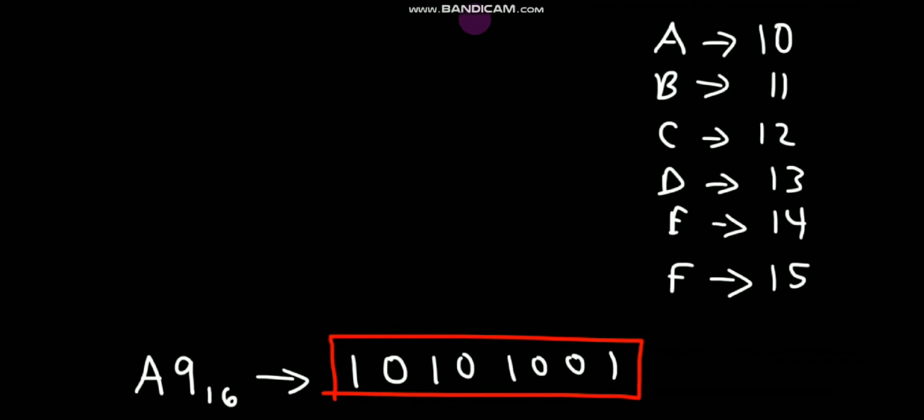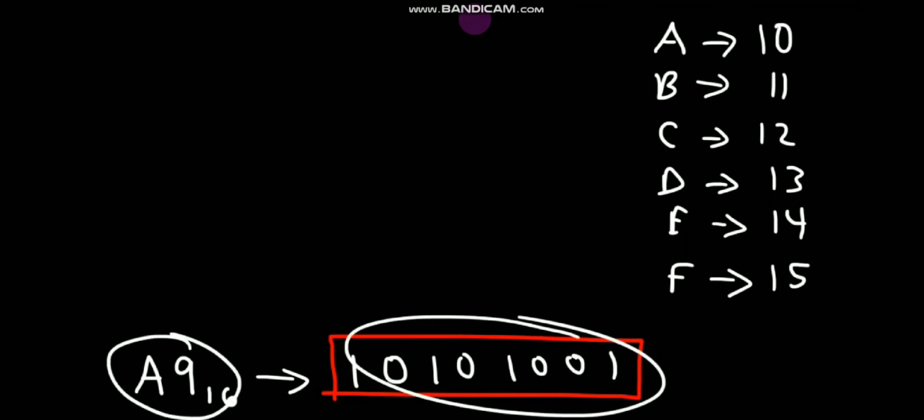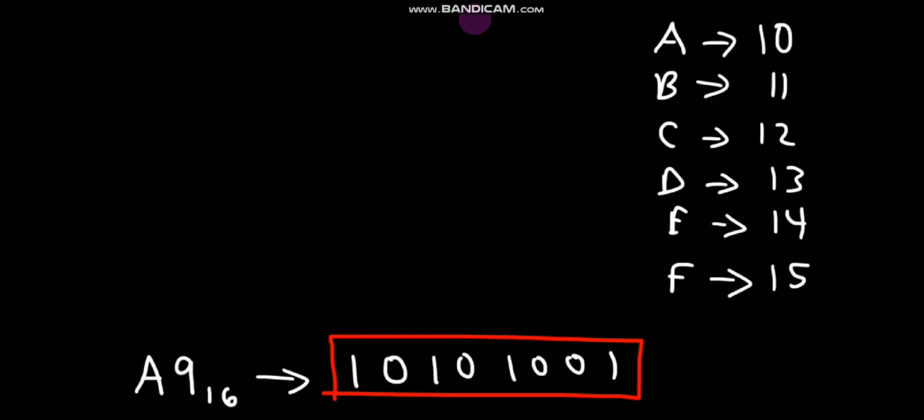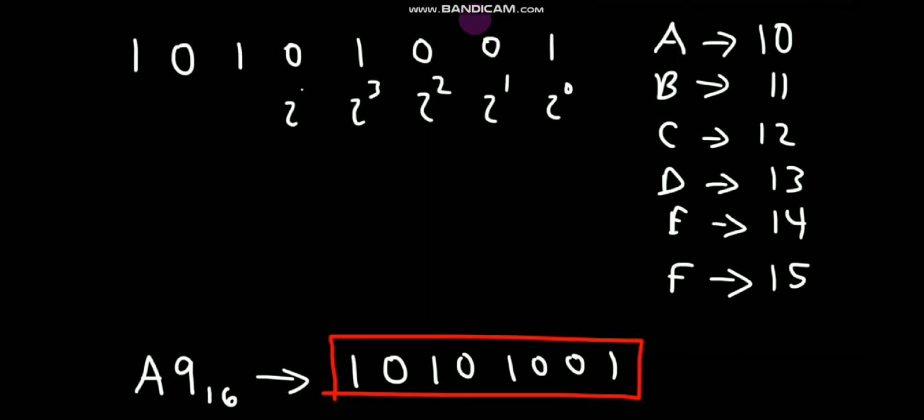Now if we want to cross check whether this is correct or not, we can convert both in decimal. It should come equal in decimal form. Both the conversions should be the same. So we are writing this number again, 10101001, and we are giving the positional values, 2 to the power 0, 2 to the power 1, then 2, 3, 4, 2 to the power 5, 6, 7, and then evaluate this number. Wherever it is 1, that will be the number, and wherever it is 0, that will be 0 completely.